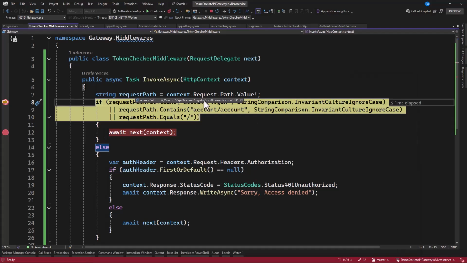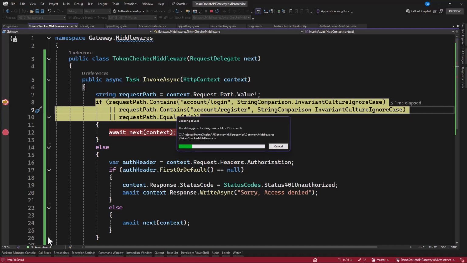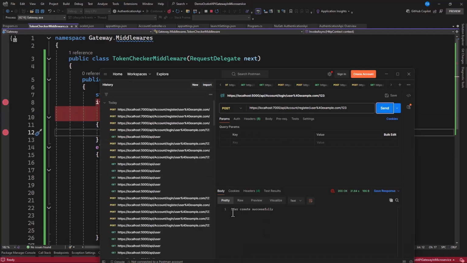It is api/account/register. Do you have it here? Okay, so you have an account. Alright, so let's continue. And I can see that user created successfully. You can also add another one. So you can just add user 1, then click on send.